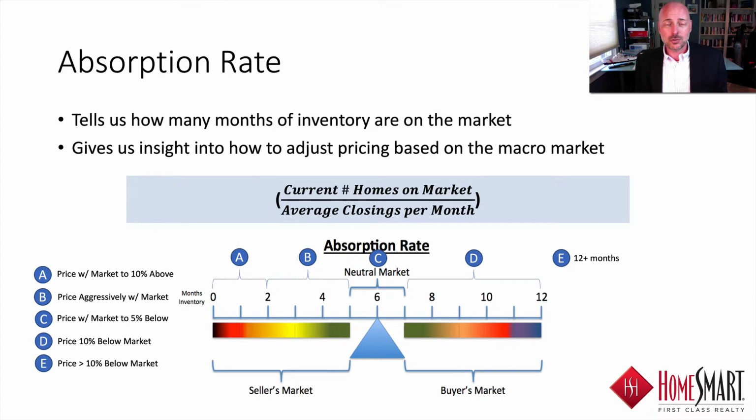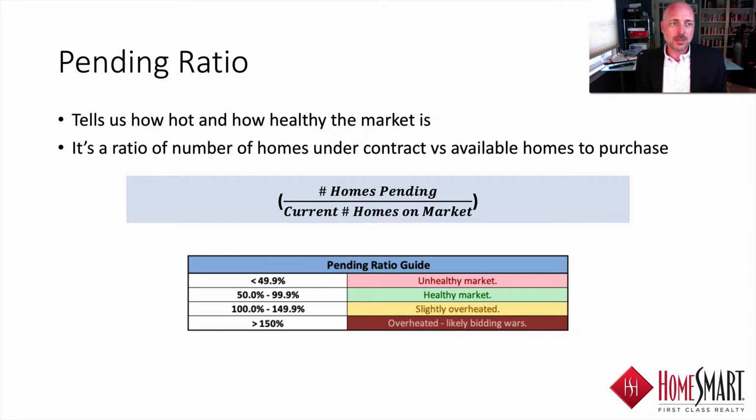All right, and that's a strong seller's market, so you're going to be advancing your price on that one. Okay. Pending ratio. This is a really simple ratio. It really takes into account everything that's pending, which is going to be contingent or under agreement. So they've accepted an offer or they've actually signed purchase and sale. You're going to compare that value to the number of homes available in the market. And depending on what that comes out, it's going to tell you whether it's a healthy market or unhealthy market